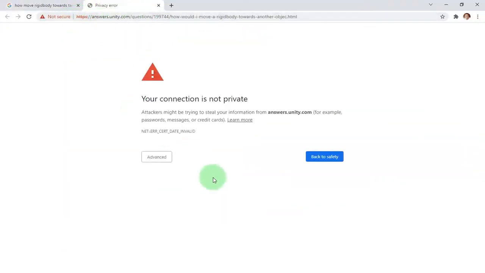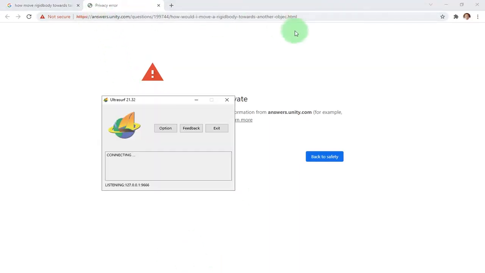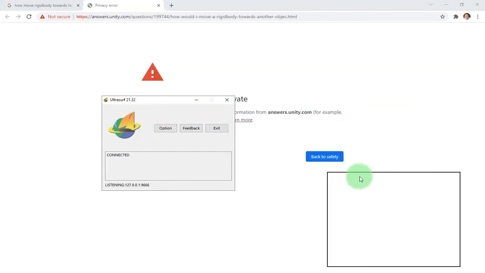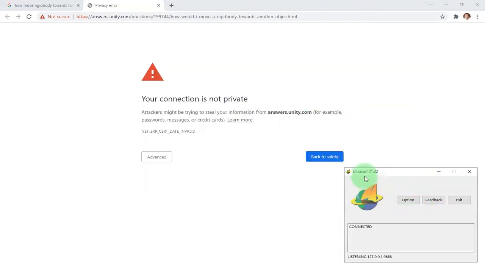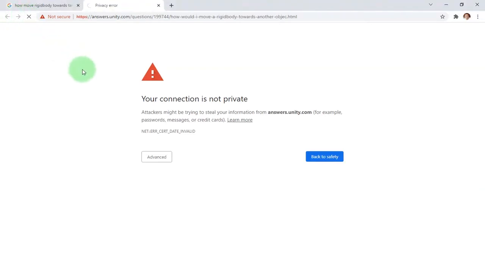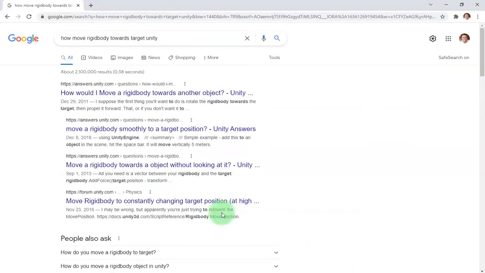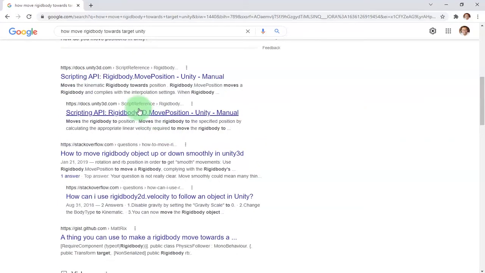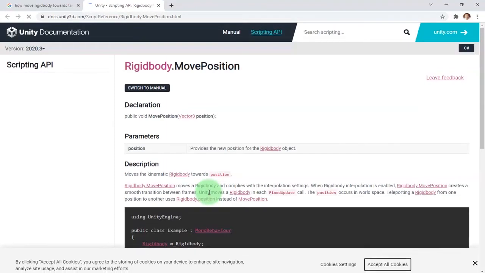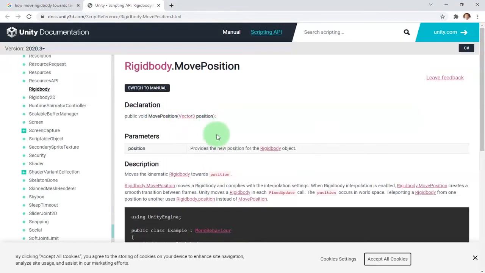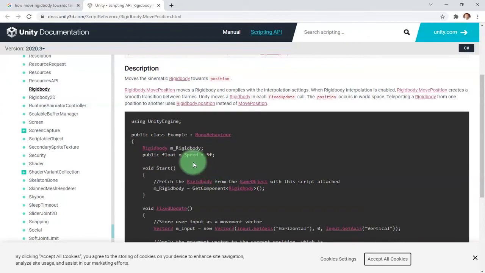I don't know why I cannot open the Unity page. Is it because I should use this proxy, Ultrasurf? Yeah, no difference. Let me find another thing. What about this move position? Move position vector 3, rigid body,